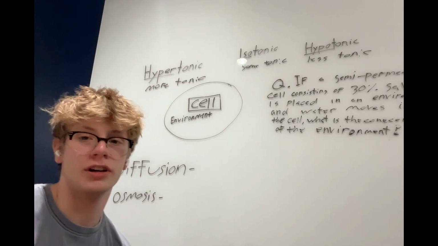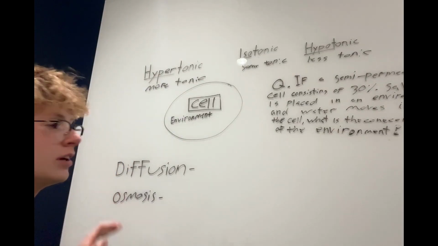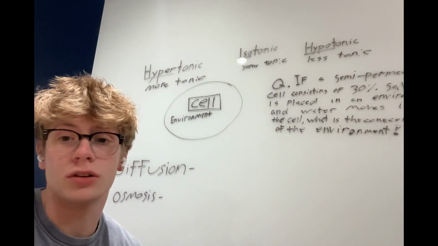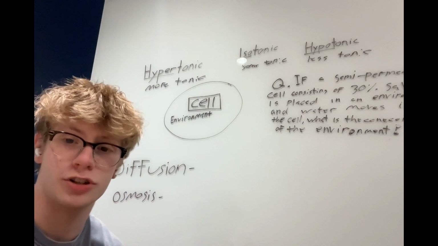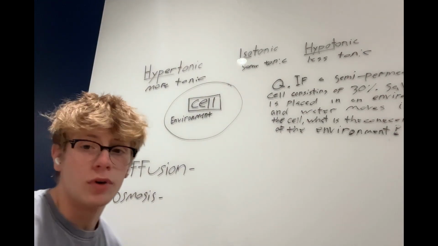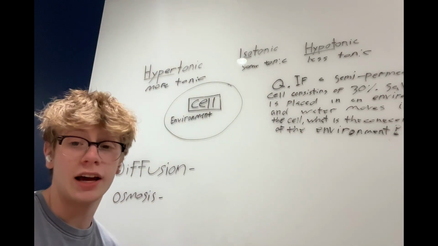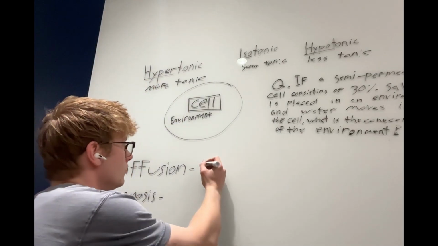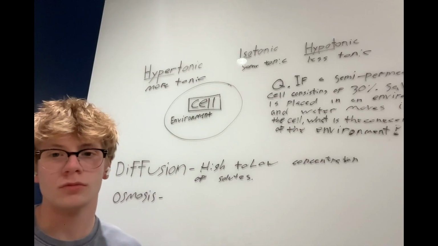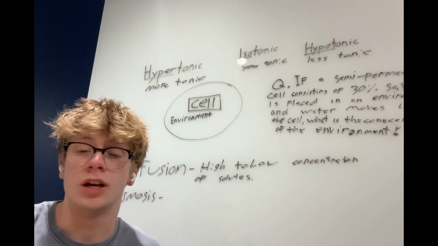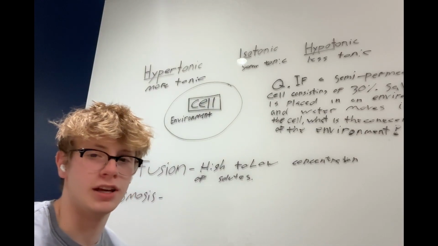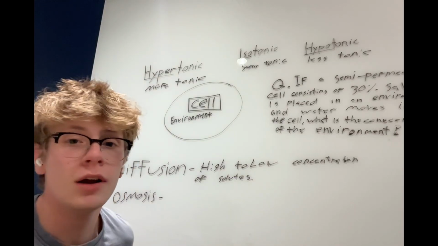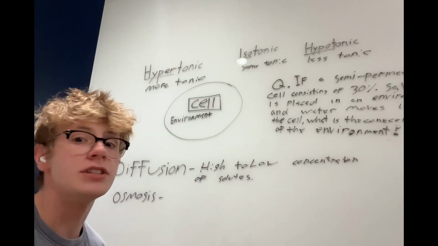Something else that we can cover is diffusion and osmosis. From what I gathered, everyone can tell that both of these usually mean from high to low concentration. So diffusion is the net movement of molecules from a high to low concentration of solutes. Let me clarify that. Osmosis, on the other hand, is the net movement of water across a semi-permeable cell. Osmosis is also high to low concentration of water, but in terms of the solute, it would technically be low